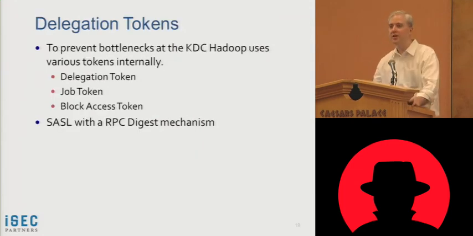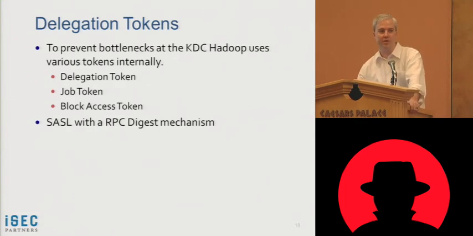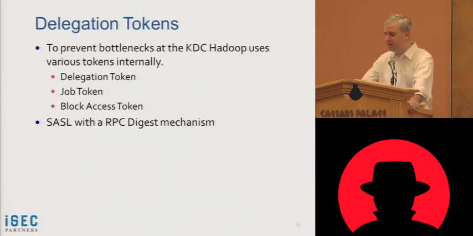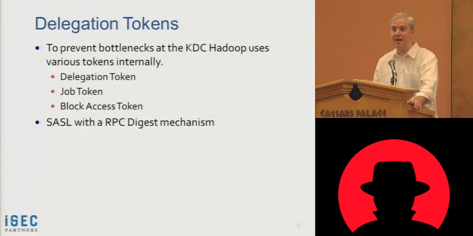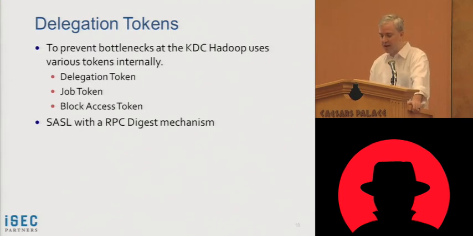So it wasn't feasible to meet their performance requirements to use Kerberos completely. Internal to the cluster between name nodes and data nodes and the job tracker, they use various tokens, right? They don't want the KDC to become a bottleneck. So each of these tokens is extremely similar in structure and relies on HMAC SHA-1. So delegation tokens get used to connect to the name node in order to gain access to data that's stored in HDFS. Block access tokens are used to secure communication between the name node and the data nodes, and that's